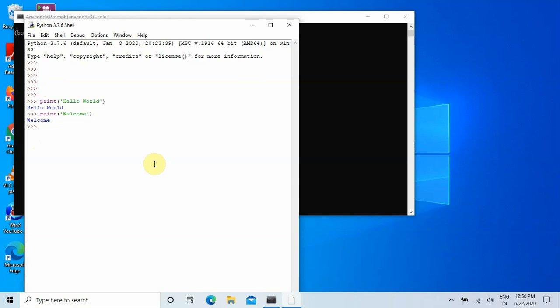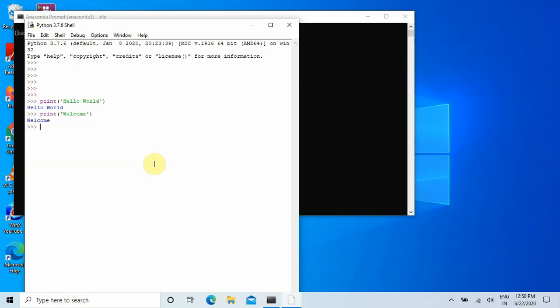Another problem is that it will run the code line by line, and in our implementations of deep learning we do not want the code to run line by line. You will see in my future videos that the code will be big, and if the Python shell runs line by line, then it will be much more difficult for us to understand the code, to run the code, and also to generate the output.